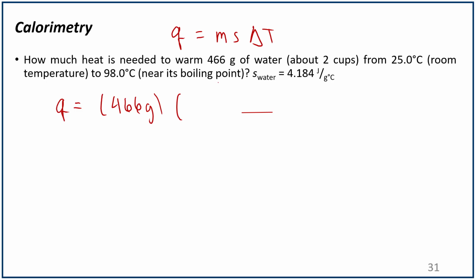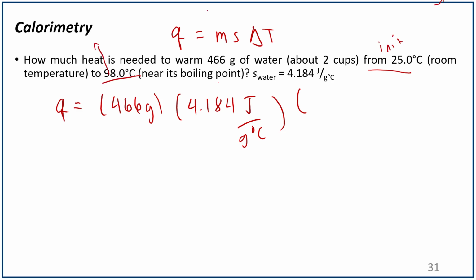So we'll write Q is equal to the mass of water, which is 466 grams, times 4.184, that's the S of water, joules per gram degree Celsius. And the delta T should be the one that you look out for first. Make sure that you know what's the final and what's the initial temperature. It says here from 25, so that should be the initial, and to 98 degrees, meaning it's the final temp. So therefore, this should be 98 degrees Celsius